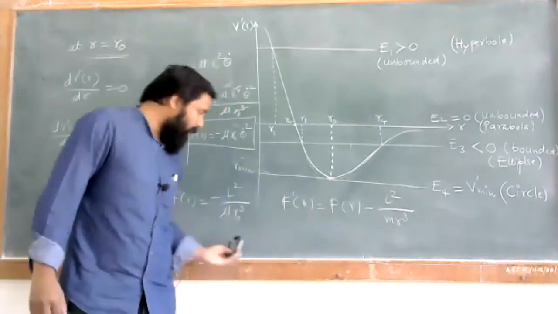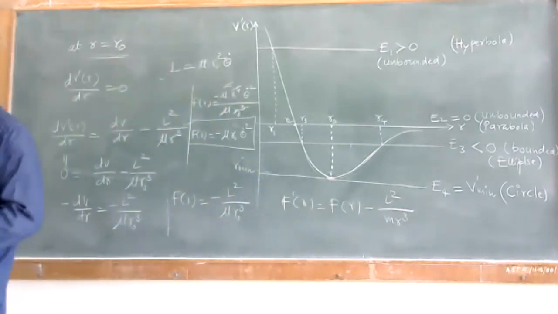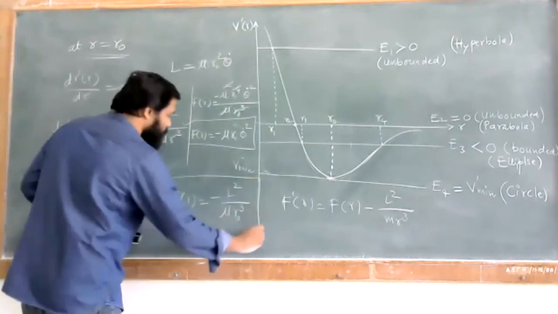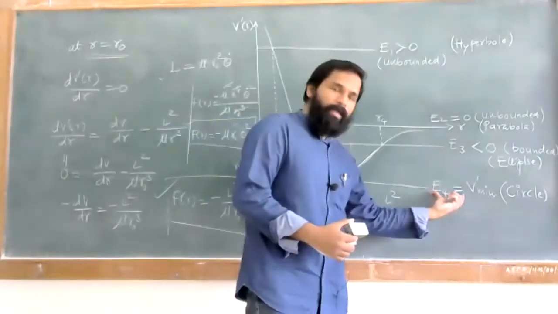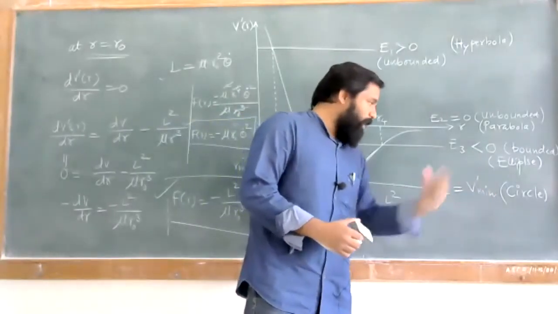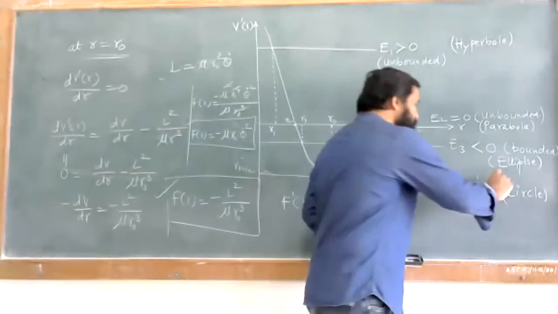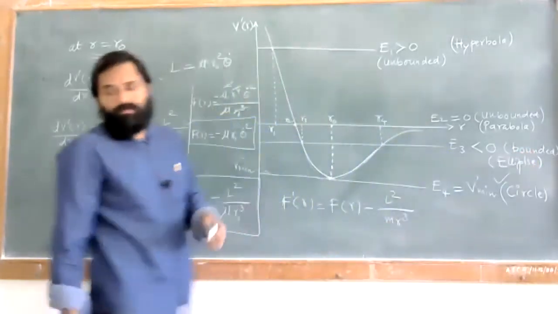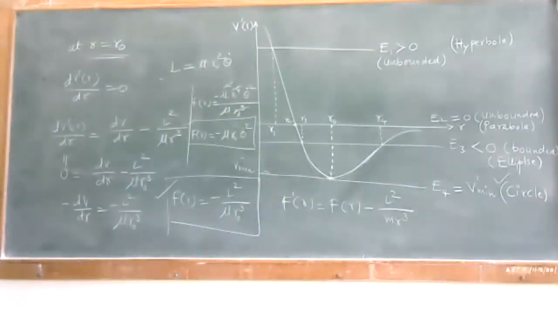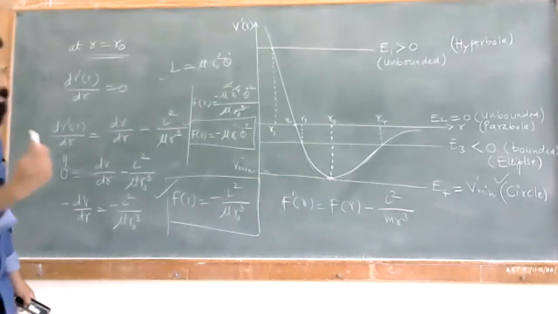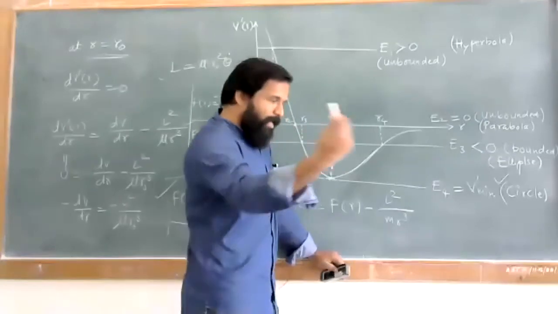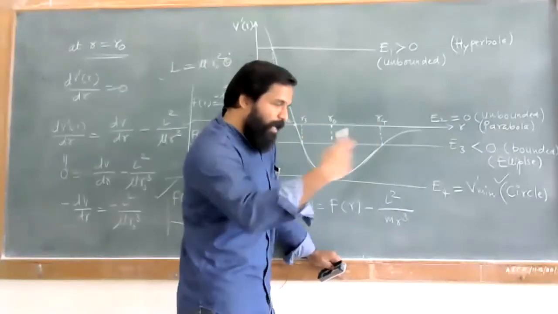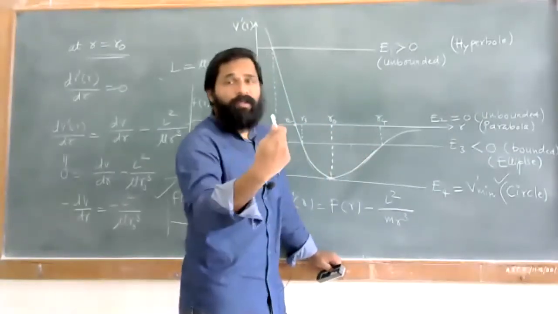m r cube, we were saying in terms of an equivalent one body problem, we can have that in terms of this centrifugal force. So the last thing, that is this, for E4 is equal to V dash minimum, we can represent it as a circle. So we can have those conditions in terms of this. So the particle that moves in a circular motion, the radius will be that radius, and with respect to that the particle is moving in that circular motion.